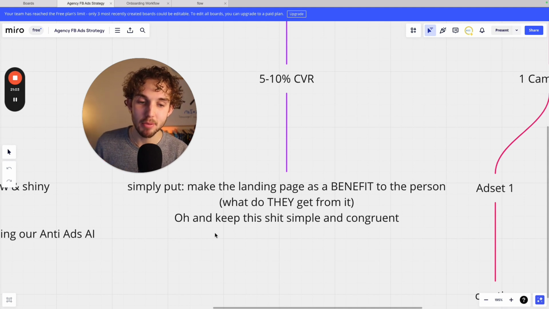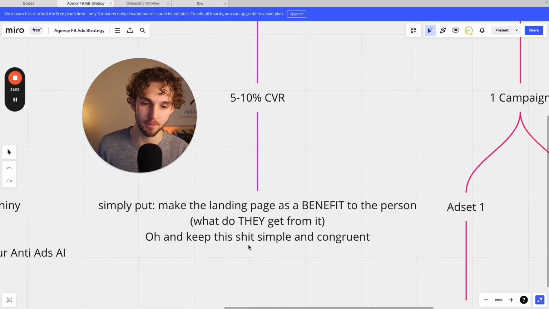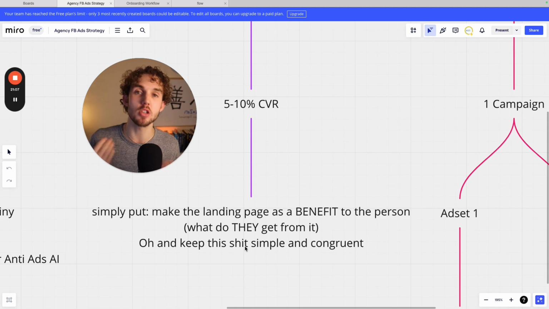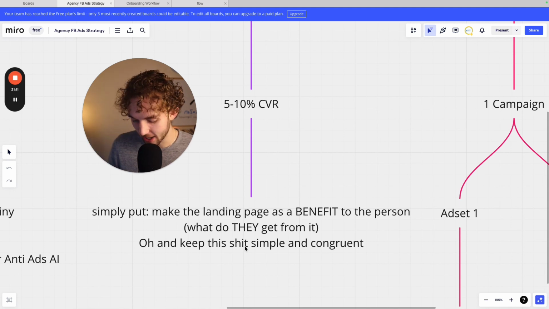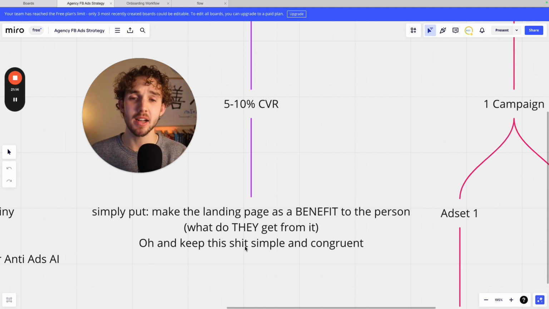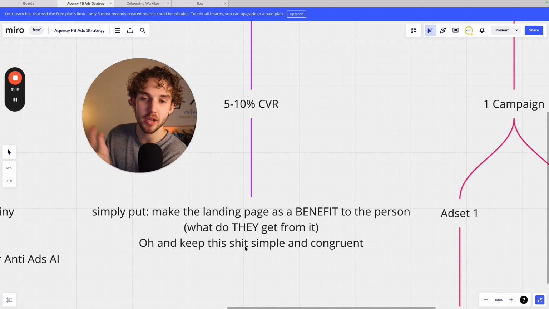Oh, and keep this simple and congruent. Right? Your landing page is what does a lot of your heavy lifting. Your landing page is what's supposed to help you sell. And so some good things to add to your landing page are case studies, testimonials, social proof, right? At the end of the day, if they've only really seen you on an ad, now they want to see